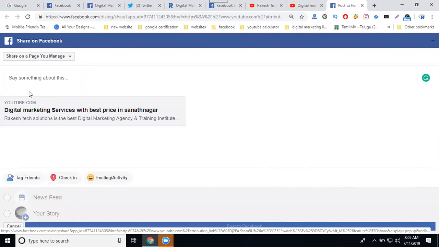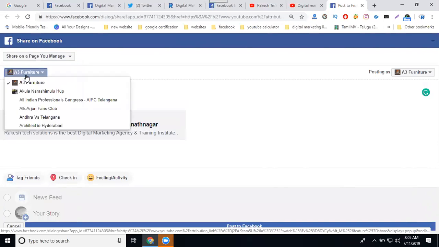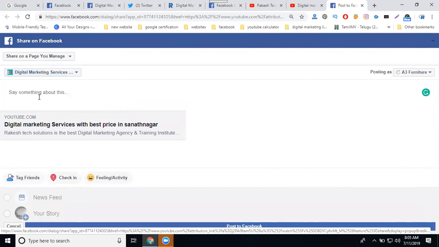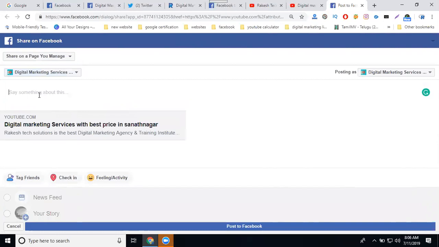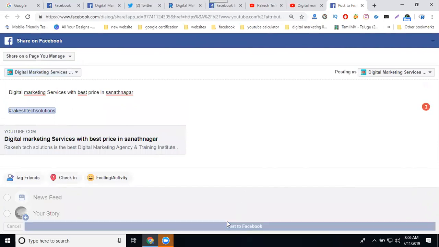Select the page. Now click post on Facebook.